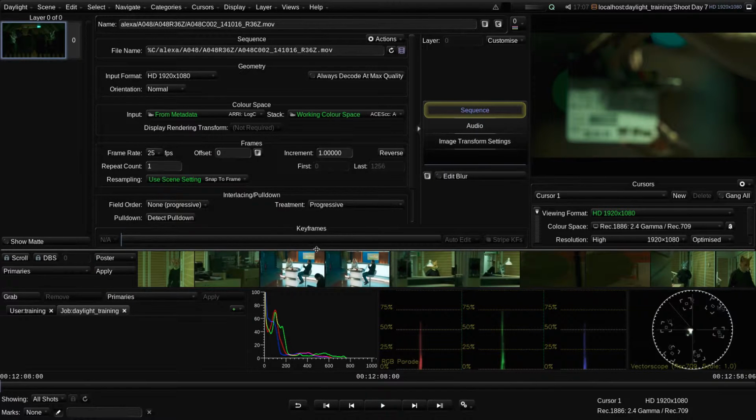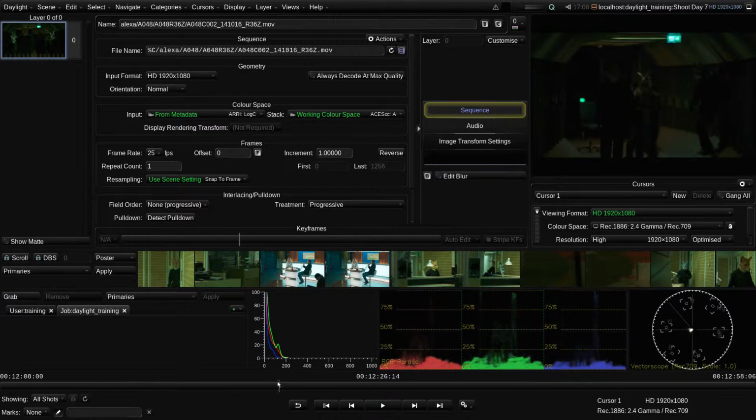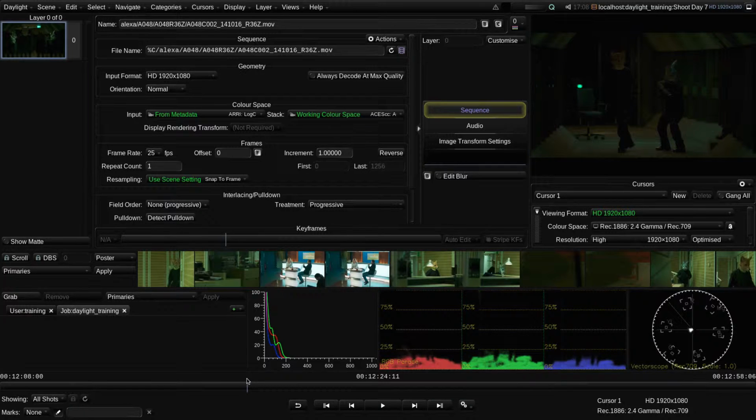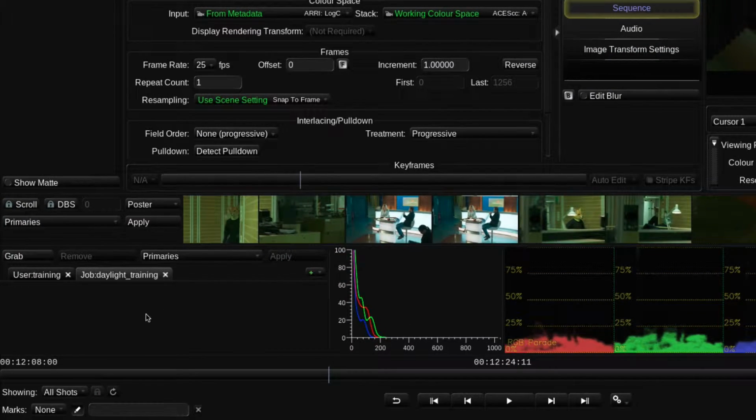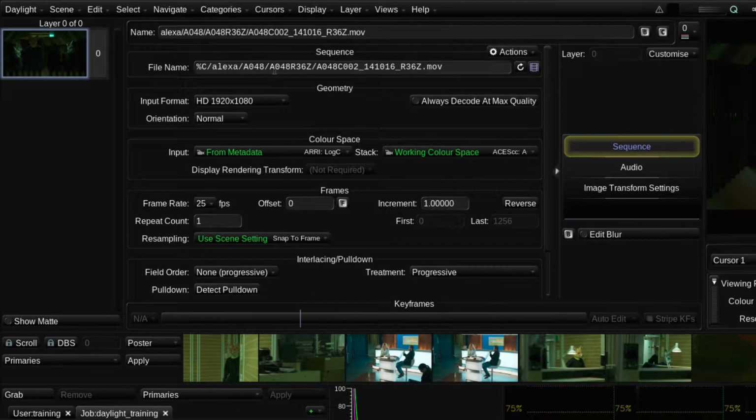Below the Cuts view are some scopes and a histogram, and at the bottom of the screen is the same set of transport controls and the navigation bar we had in the Player workspace. To the left of the scopes is the Gallery. This is an area where grades and looks can be saved for use later on, or shared with other scenes and jobs. The upper part of the screen is the main Parameters area, which provides all the settings and controls for the currently selected image sequence or grading operator.